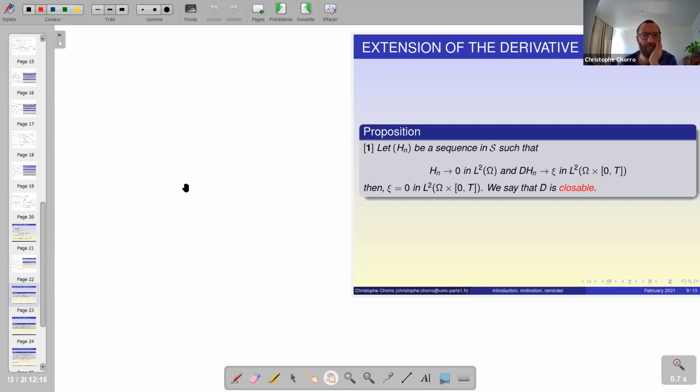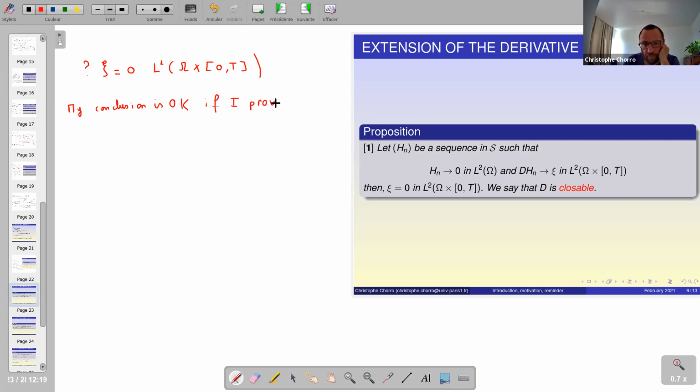To prove this proposition, I have to prove that C is equal to 0 in L2 of omega times 0 capital T. And I say that, in fact, my conclusion is okay if I prove that for all H belonging to L2 of 0 capital T, and for all F belonging to S,